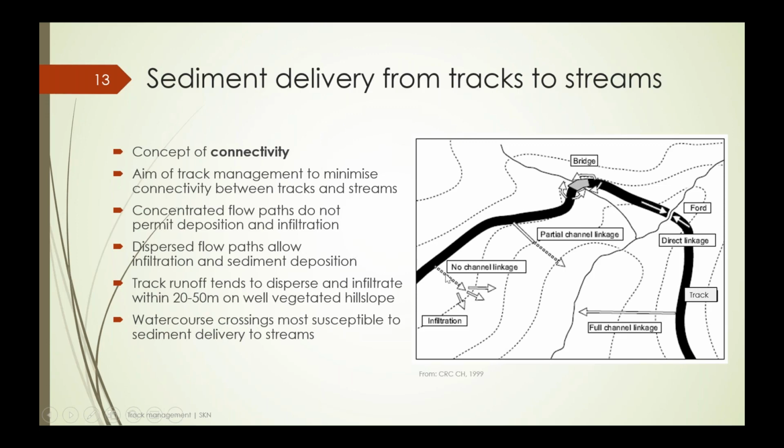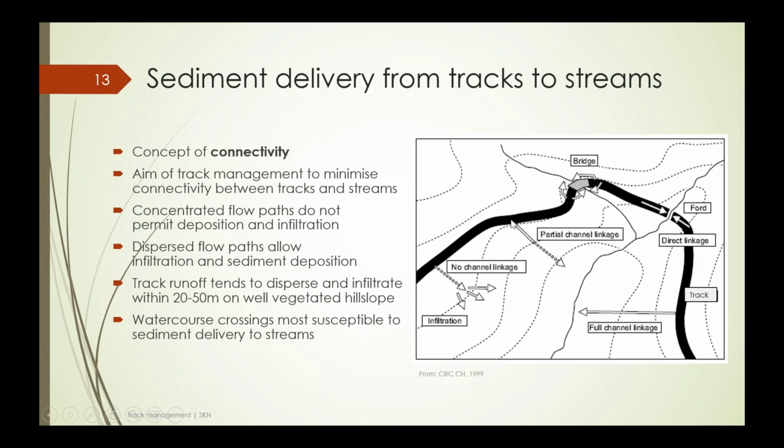Now we've measured that as part of our research project, and we found that at the sites that we were dealing with, for every 10 metres the water runs across the forest floor, we get around 30 to 40% of the sediment dropping out, simply because the water has the opportunity to soak in. So that's something that you can work with in order to locate your drain outlets if you want to maximise the capacity to infiltrate and control the sediment movement. We have other situations where